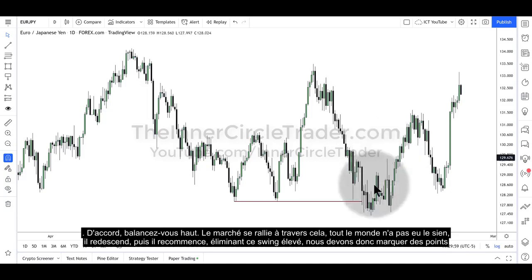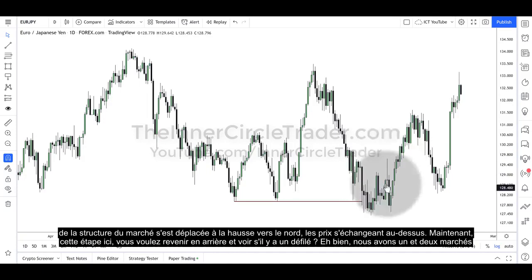Swing high. The market rallies through that. There's no fair value gap there. It drops back down in, then it runs again, taking out this swing high. So we have 2 points of market structure that have moved to the upside. In other words, price has traded above it. Now this leg here,